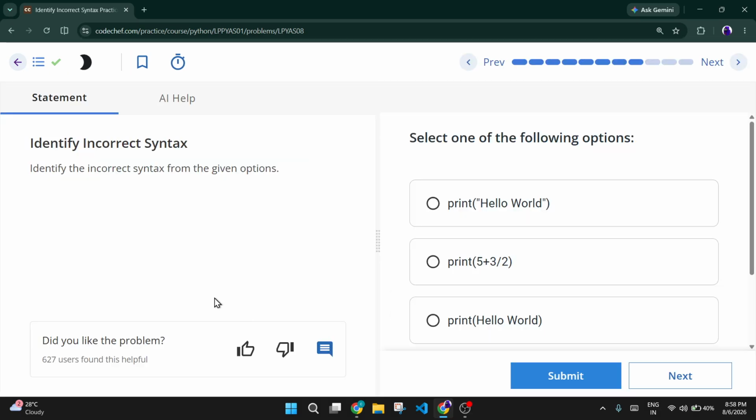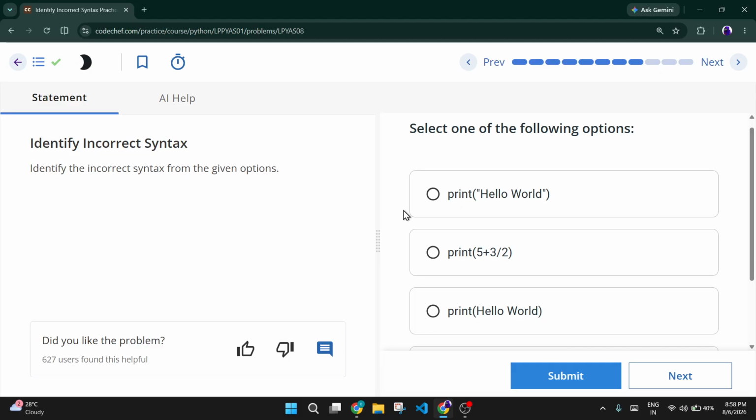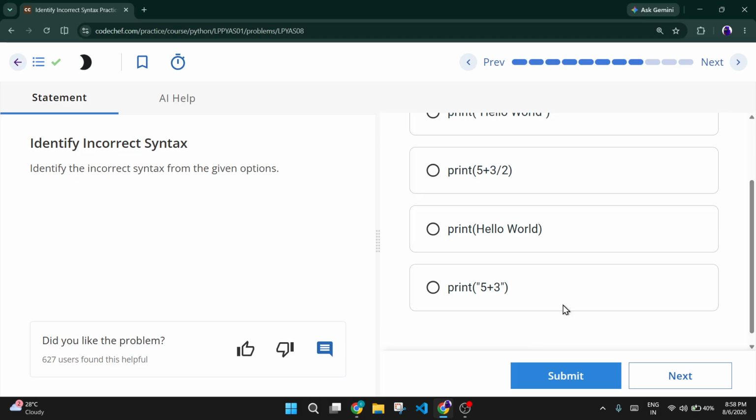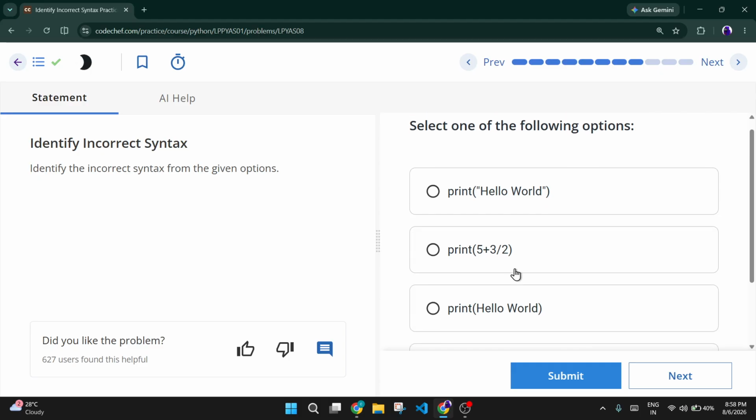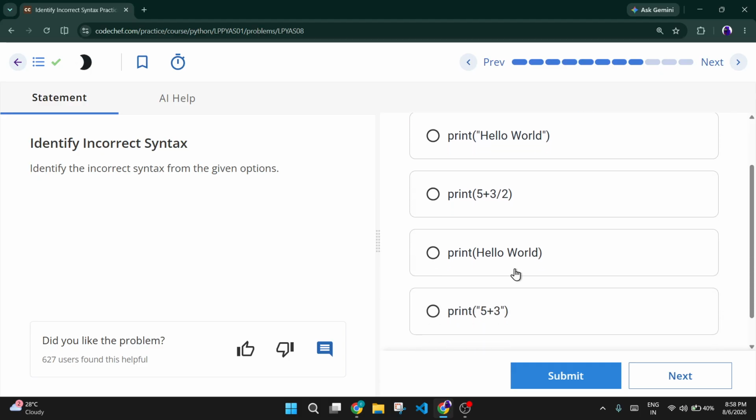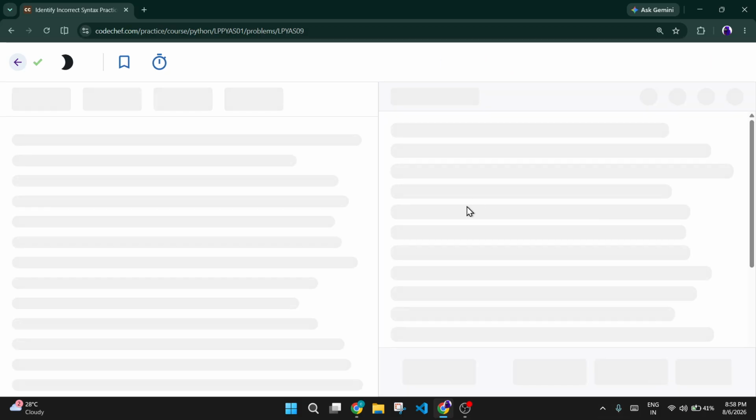Okay, identify the incorrect syntax. Okay, I think this is the incorrect syntax. Okay,